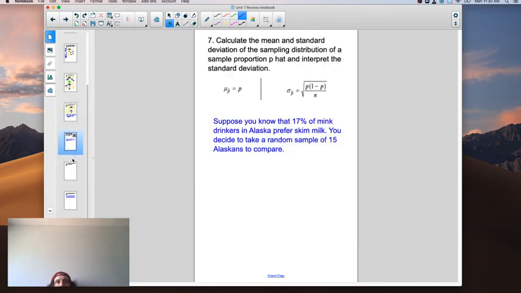Calculate the mean and standard deviation of the sampling distribution of a sample proportion p hat and interpret the standard deviation. Okay, suppose you know that 17% of milk drinkers in Alaska prefer skim milk. You decide to take a random sample of